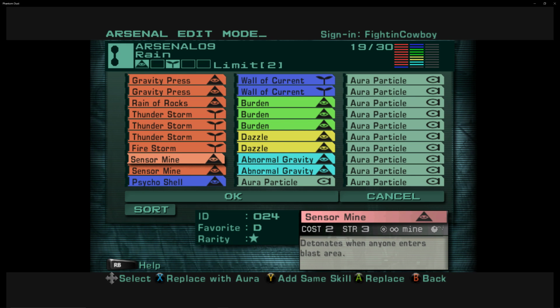At the same time, with a rain type deck, what you want to do is basically box somebody in. So what do we do with that? We do sensor mines. The most common way for people to avoid mines is to walk up to them to get them to blow, and then quickly back away. Basically just touch the tip of it and turn around. Well, if they turn around and a storm's coming down or Rain of Rocks is coming down, they're going to get hit by that, they're going to take damage. So they avoid the sensor mine, but at the same time they get hit by the 5 damage from Rain